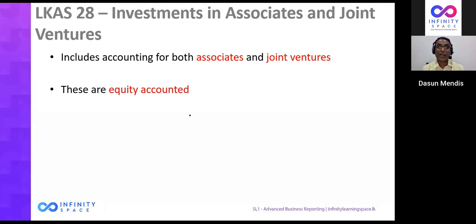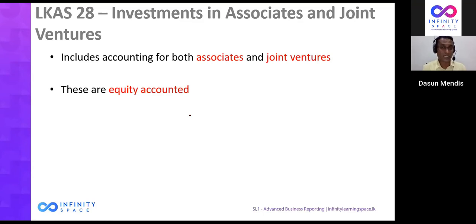But the accounting side is the same, because even though it's an associate or a joint venture, the accounting treatment is equity accounting, which means you account for this at cost plus share of post-acquisition net asset increase. Cost plus share of post-acquisition net asset increase. So the accounting is the same, but conceptually associate and joint venture are two different things. So there can be a question on how HCL is going to treat this investment in the books,